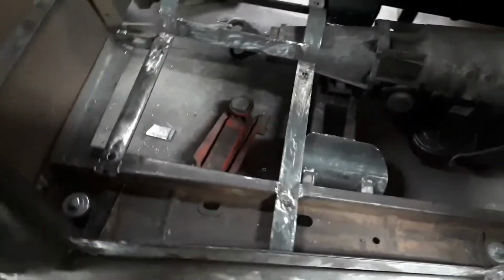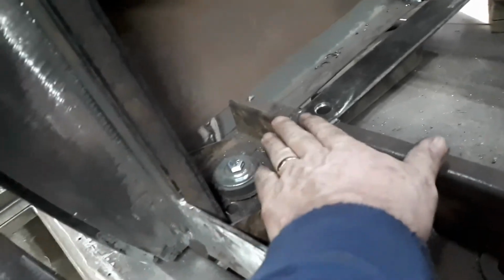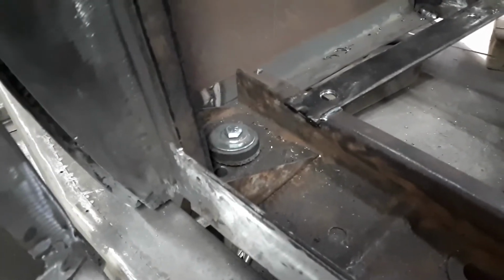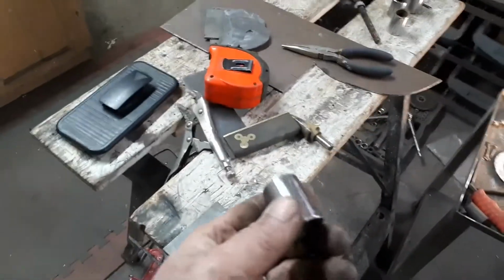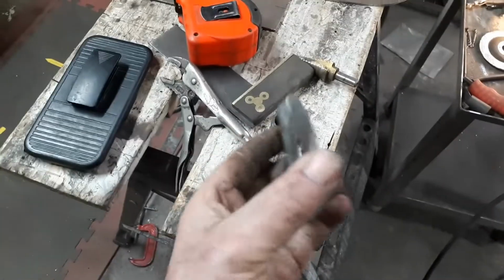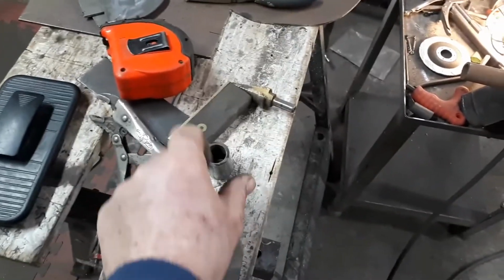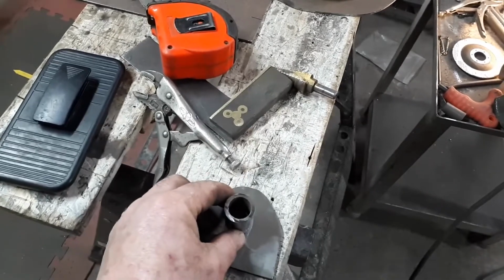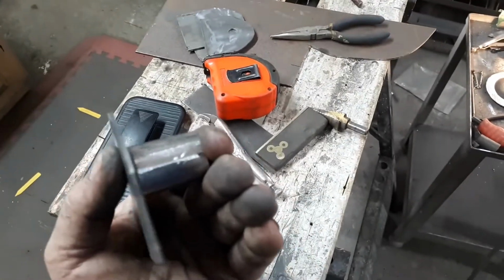Okay, so instead of making a pocket around this mount, I'm just going to raise the mount up level, because this will be the floor level here. I'm just going to raise it up and use a longer bolt for it. So what I've done to make these, I've taken a short piece of thick wall pipe and a small steel plate, about 1/8 inch thick, and I'm going to weld this on there, and then this is going to turn over and fit down into that pocket, take up the space,